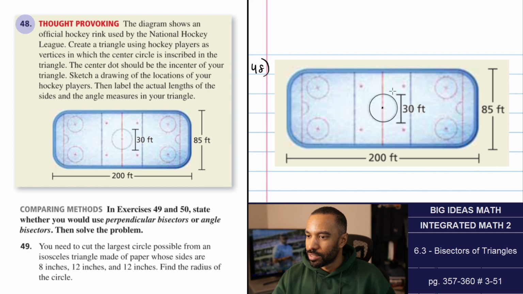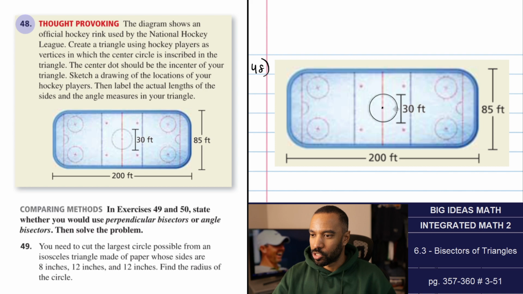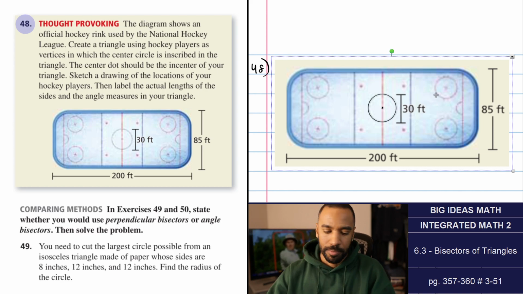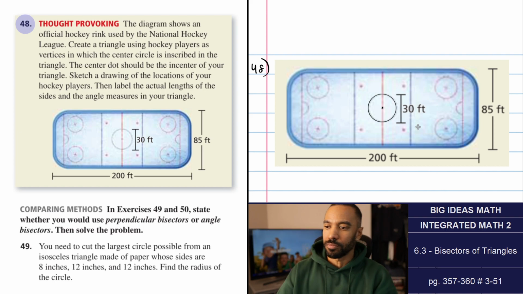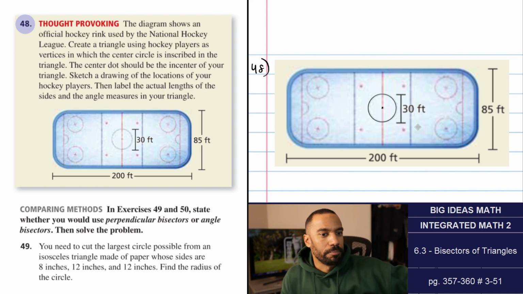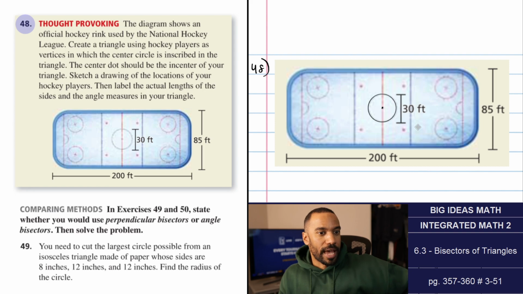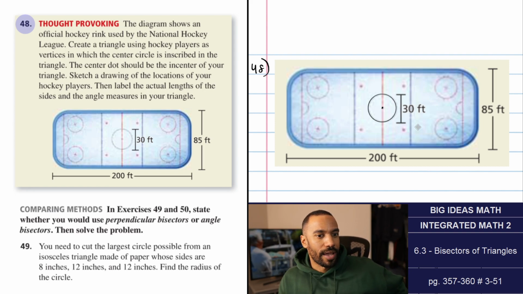All right. That's a 30-foot diameter circle right there. Yes, indeed. I'm going to lock this in place. I'm going to lock those in place. Okay. The diagram shows an official hockey rink, and the task is to create a triangle using hockey players as vertices in which the center